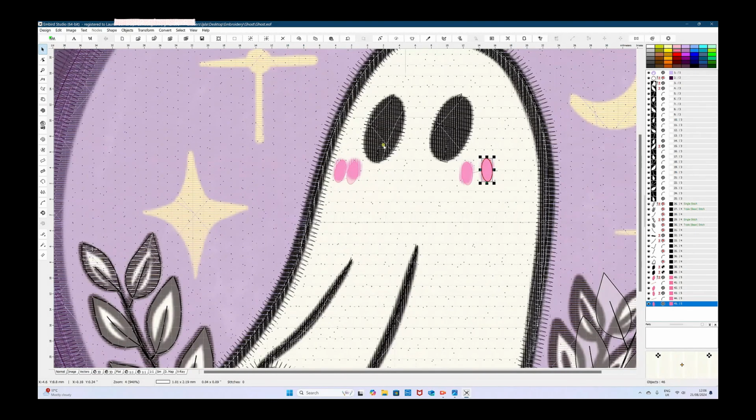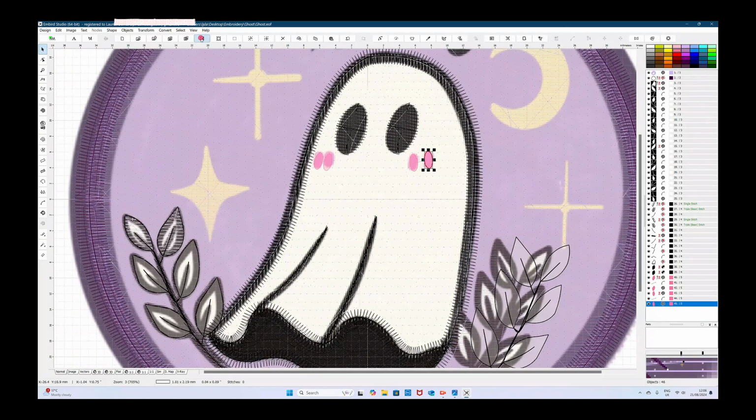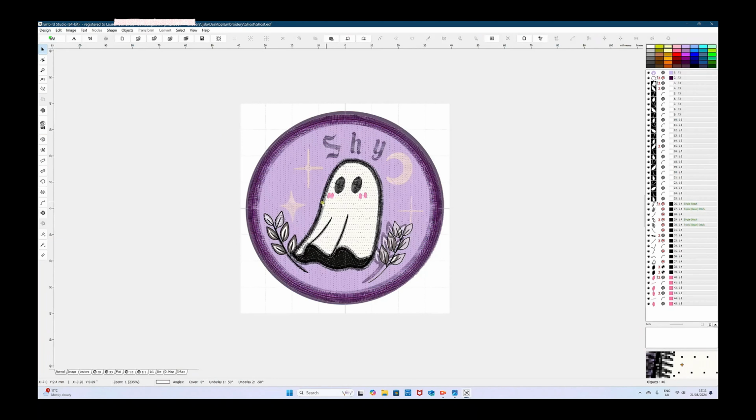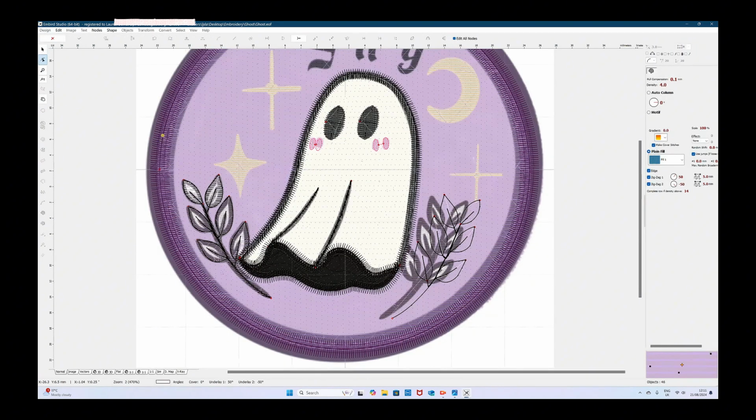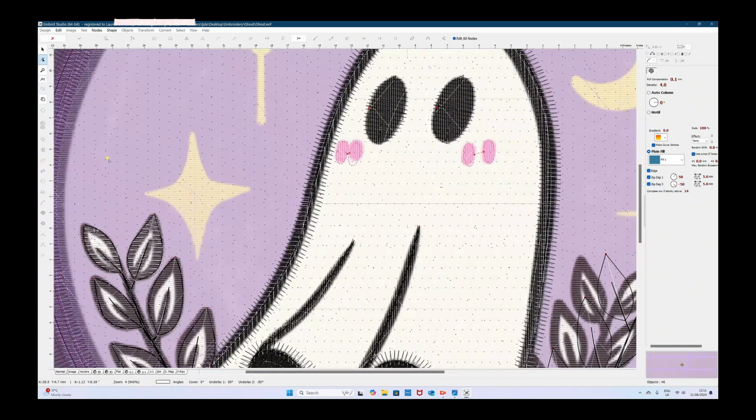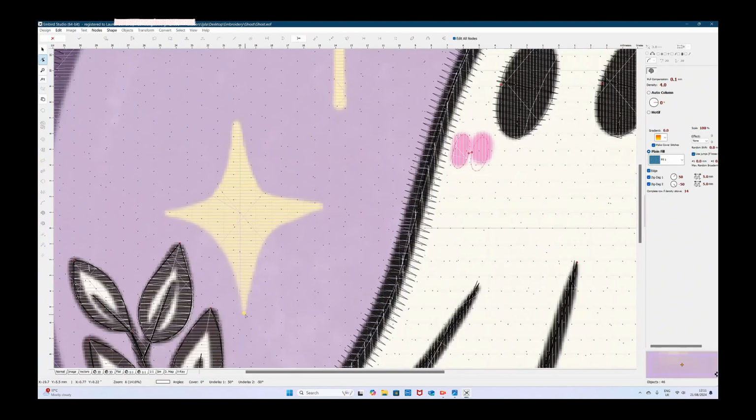There we go, there's our ghosty. Save, just in case. Next, we're going to do the stars, and I gotta be honest, I'm not very good at drawing stars, and I'm even worse at digitizing them, so I'm just gonna do my best to trace around what I've done. It might not look very good when I stitch it out,